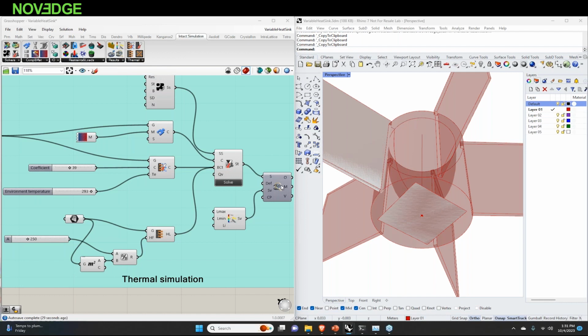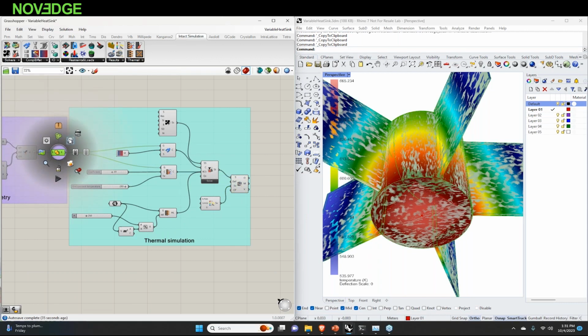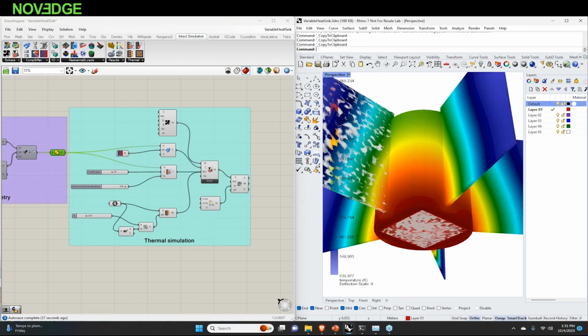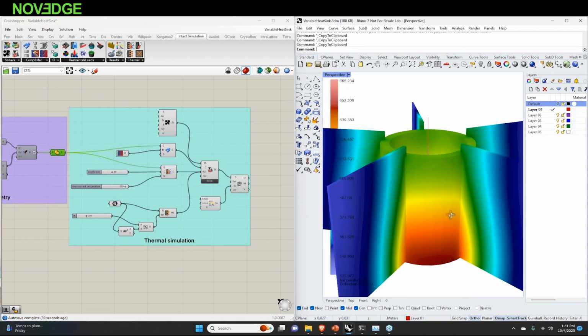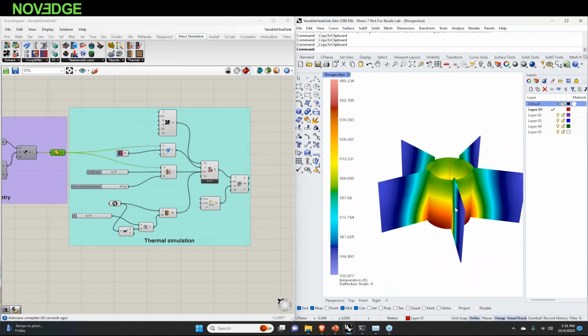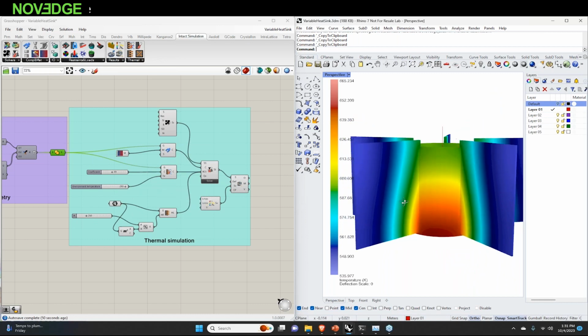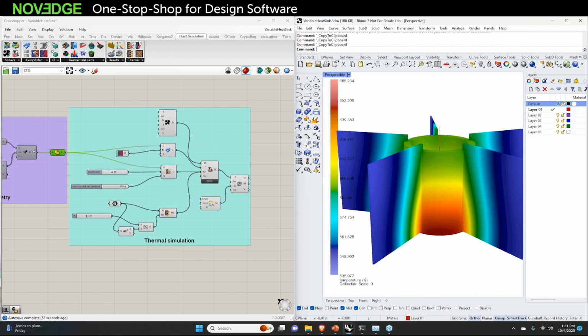We got a result, and we just need to turn on the preview to see what it looks like. Just disable this and turn off this layer. So here is the temperature distribution for a 250 watt heat flux using this environment temperature and coefficients of heat